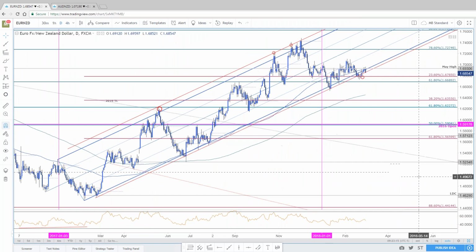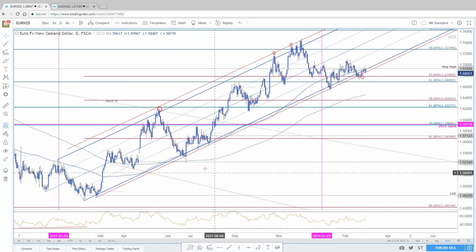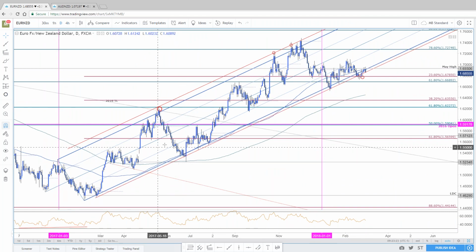Okay, so I remember why I haven't been paying attention to this. It's been a chop fest here, and this was the formation we've been sitting in throughout 2017 trade. It was insane, ridiculous, accurate. To open up the year, we dropped into the sliding parallel, extending off the low that we made in February of last year. You got 1 touch, 2 touch, 3 touch, 4 touch.